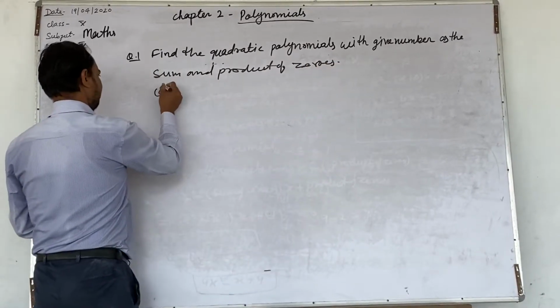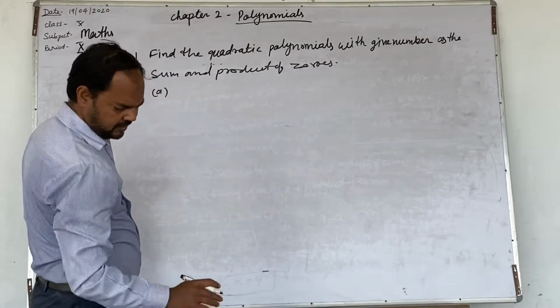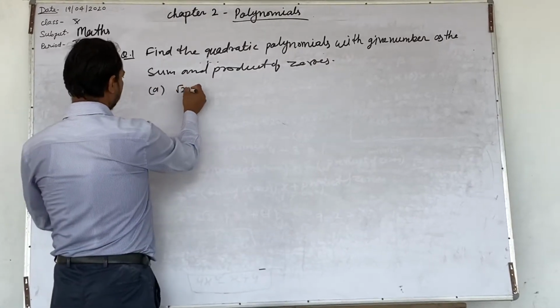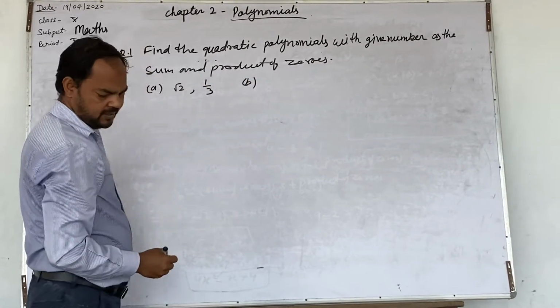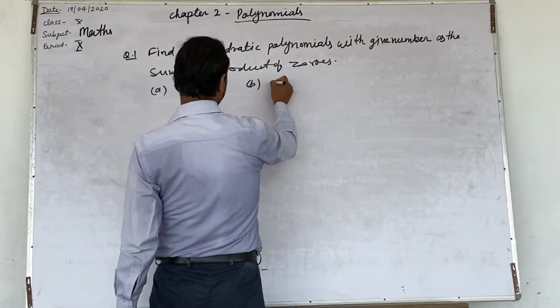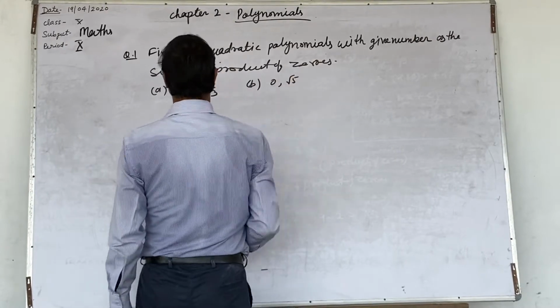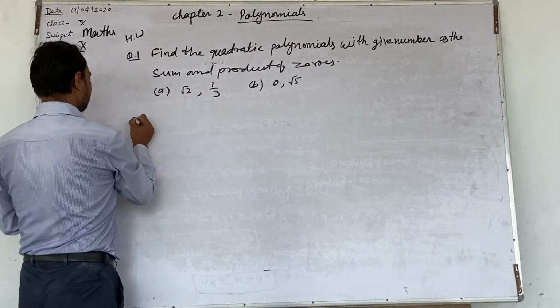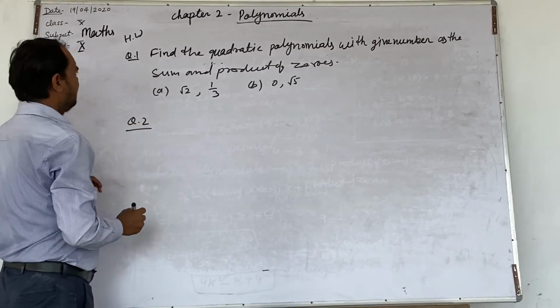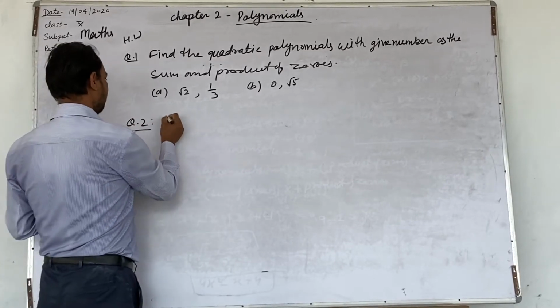First, root 2, comma, 1 upon 3, and B is 0, comma, root 5. This is homework. Question number 2. Find the quadratic polynomial